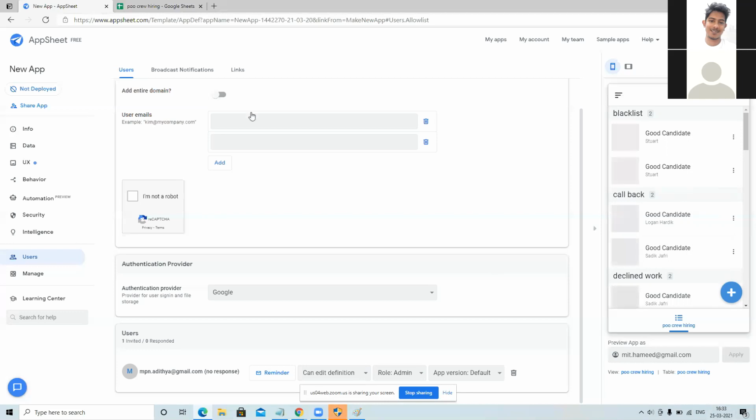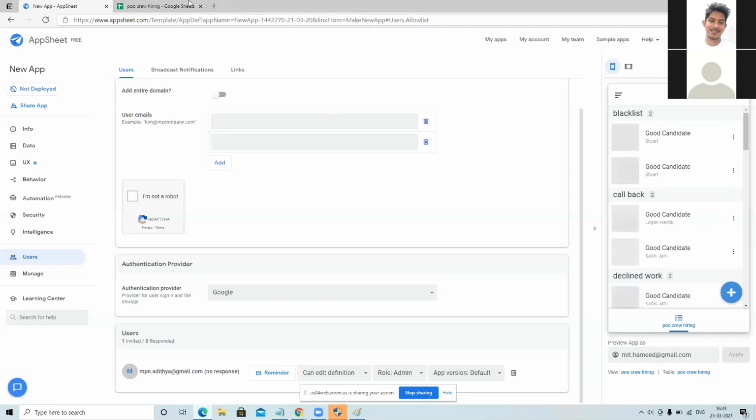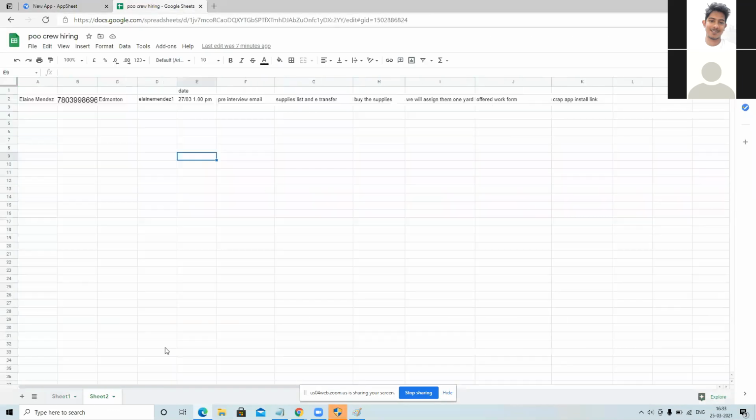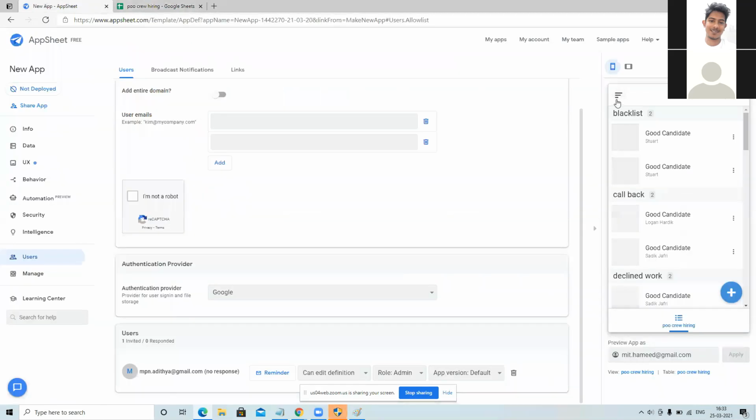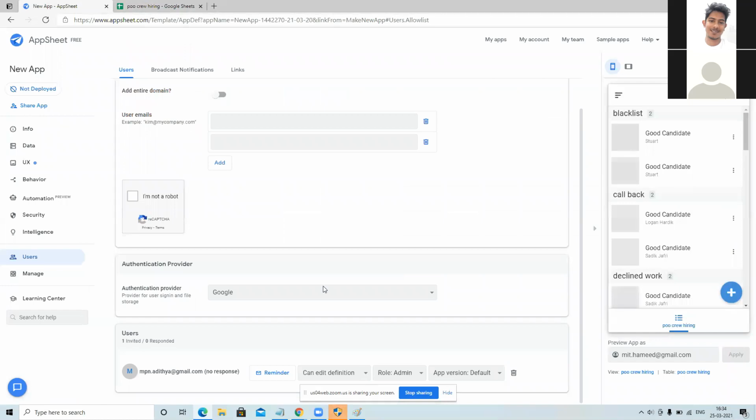Okay, so it means blank status should be there. Yeah, only blank status and ready to be closed will be in this hiring page. For all other statuses, there should be separate sections, like voicemail people. If I click on voicemail, I can call the voicemail people, and if I have a call back, I can try them, and the blacklist also should be a separate sheet. Okay. Yeah, so these are your requirements, right? Yeah, that's all.